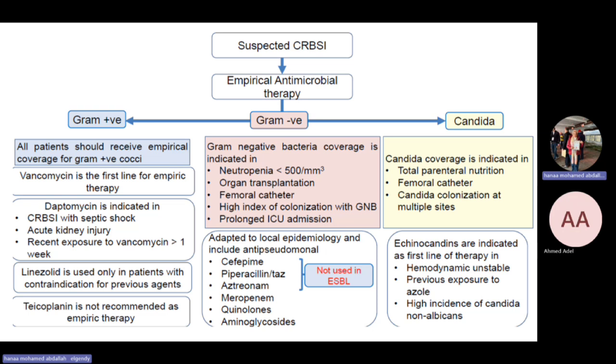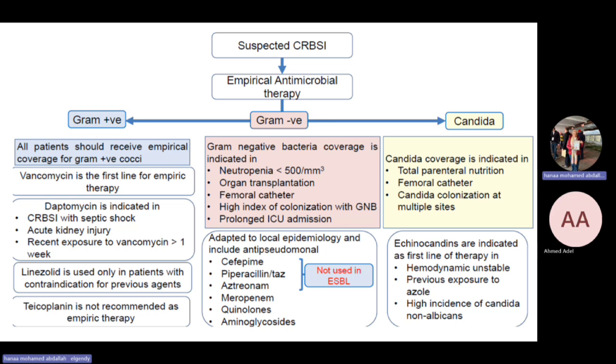Gram-negative bacteria coverage is indicated in neutropenic patients, patients with organ transplant, patients with a femoral catheter, patients with a high index of colonization of gram-negative bacteria, and patients with prolonged ICU admission. How to start, what to start for those patients? As we all know, cefepime, piperacillin-tazobactam, and ertapenem should not be used in patients with extended-spectrum beta-lactamase resistant organisms. So we have to give meropenem plus